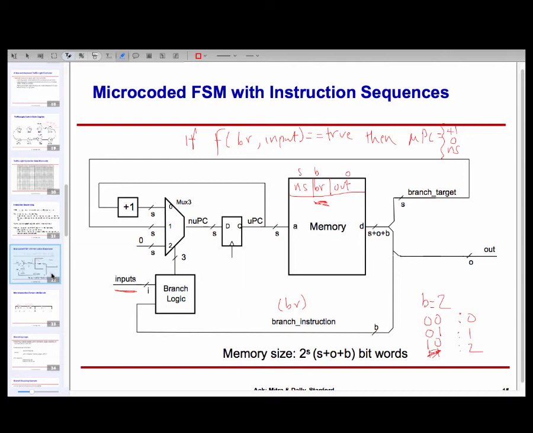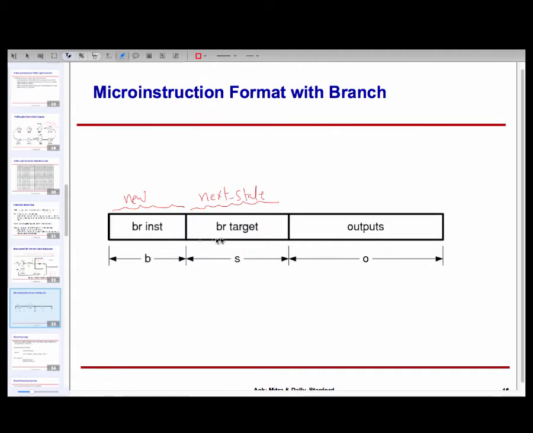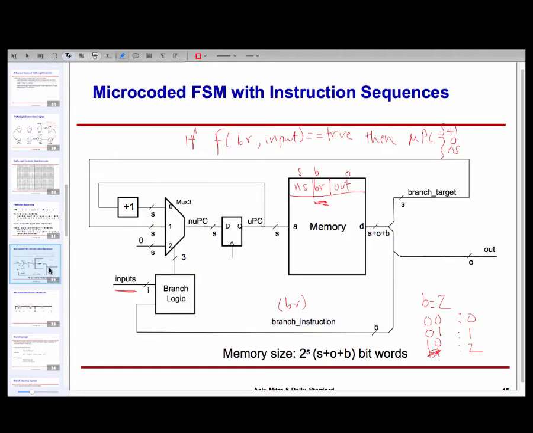Given this functionality where microprogram counter can do one of 3 things: it can increment by 1, it can jump to the contents of the branch target field, or it could be made 0. I want microprogram counter to remain unchanged. Branch target will be the current address. Okay, is that